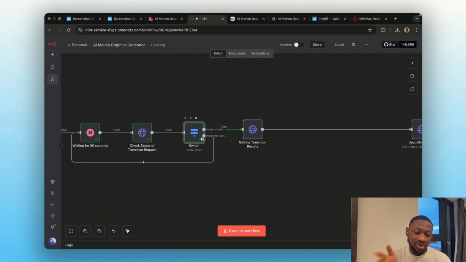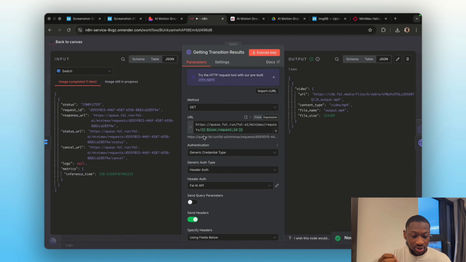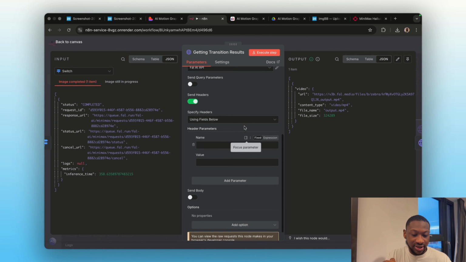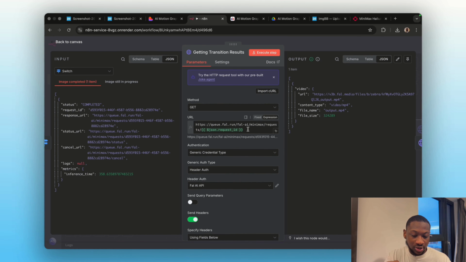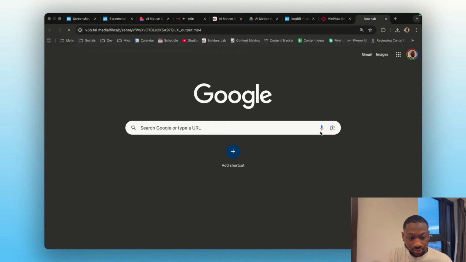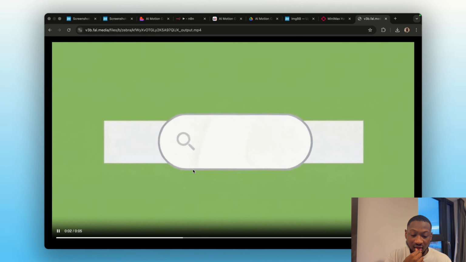And once we are on the completed branch, we want to get the results of the request that we just made. So we use this node, which is quite similar to getting the status of the request, where we make a GET request in the File AI queue endpoint using the request ID. But this time, if you check the other one, we also have /status, but this time we have no /status so that we can get the results. And as you can see, it provides us with a URL of the video,